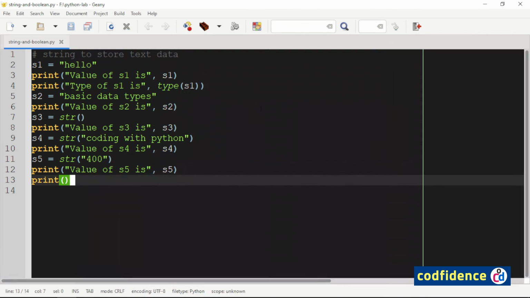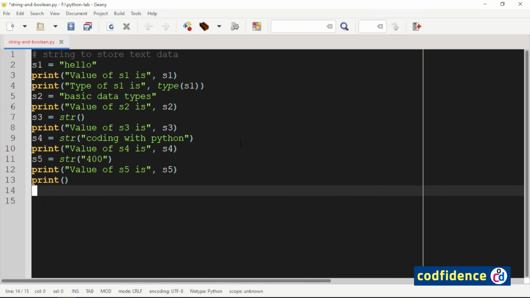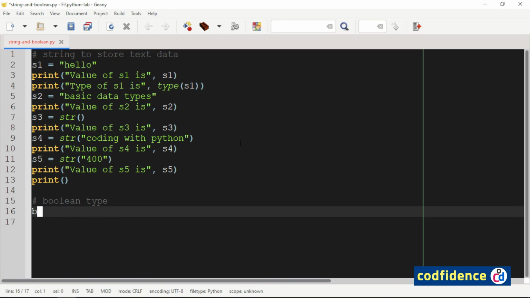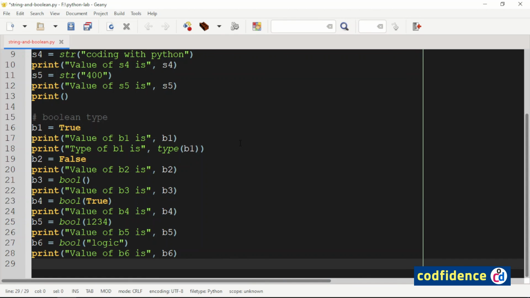Now we will add some variables and store Boolean values to them. Run the program again.